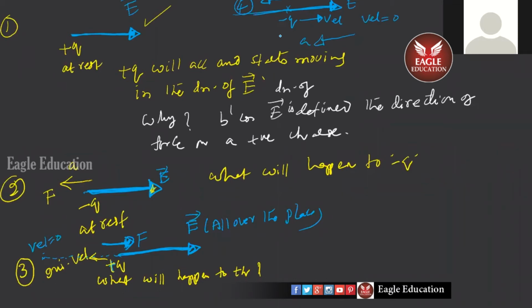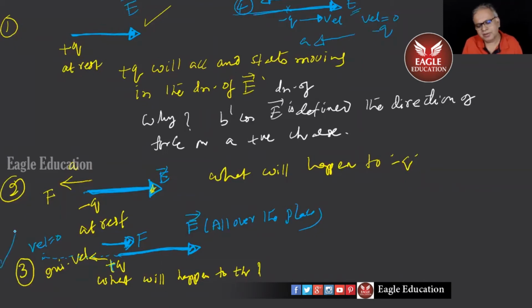We already applied, no? E is this way. So E is a force on positive charge, by definition. So since I put a negative charge, force will be acting in the opposite direction. The velocity goes on decreasing. Charge will be moving this way only, try to understand. Until the velocity becomes 0, it goes moving there. But force once again is acting opposite, no? So it will accelerate in this direction. Same as what we talked about in the third case.